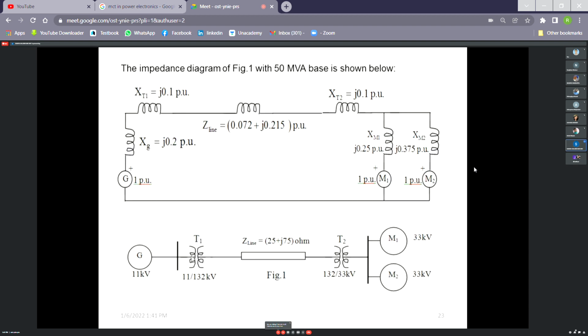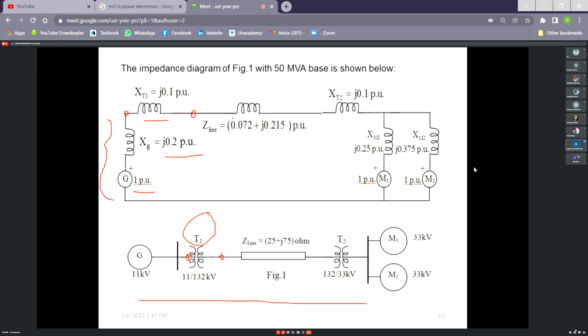Now you see, this is the circuit, what was your single line diagram. For the generator, it is 1 per unit. The generator is a voltage behind the reactance, so this is the reactance. Then there is a transformer, this transformer T1. You see, this is the secondary, this is the primary. You have no need to bother about that. Which side is the transformer primary and which is secondary? Obviously the line side is the secondary. Understood? So at this point the voltage will be 132 kV, and this side the voltage will be 11 kV. In that way you have to identify.